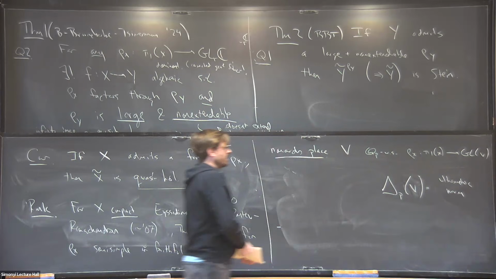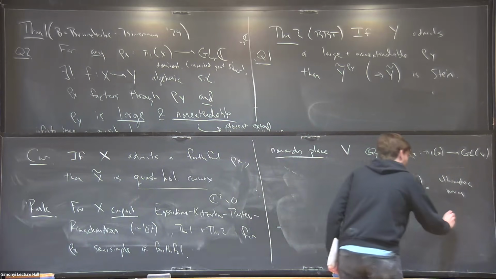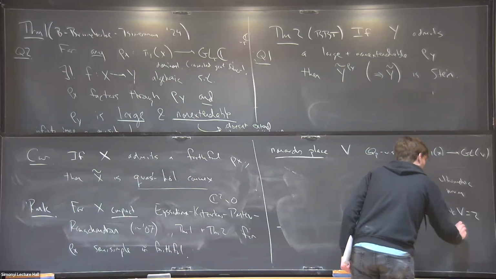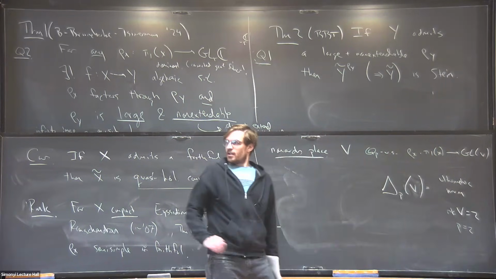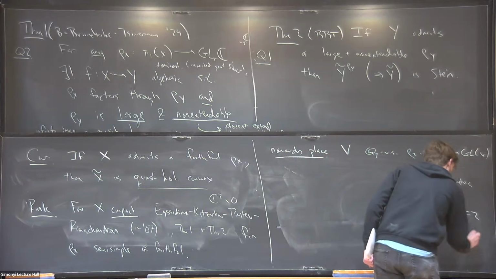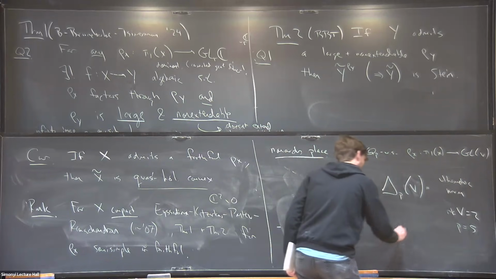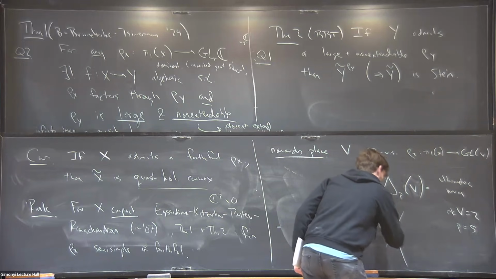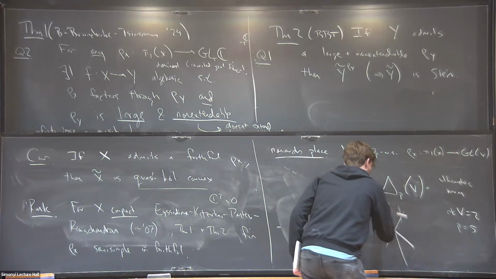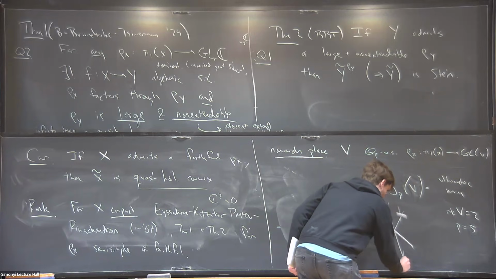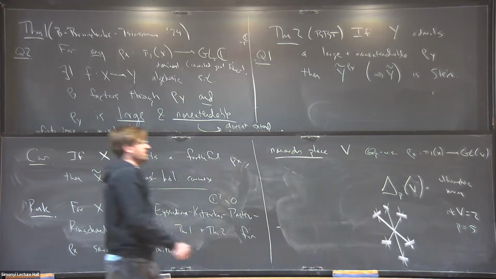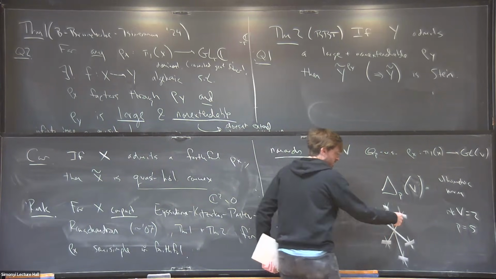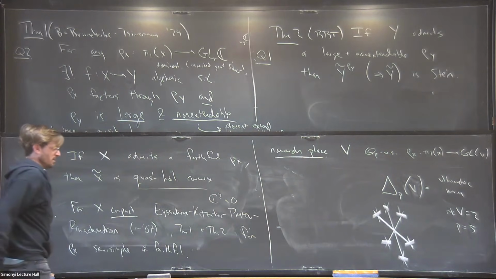And what does this space look like? Let me concretely tell you what it is for the rank of V equal to 2. Usually I draw the picture for p equals 2, but given the recent weather, I'm going to draw it for p equals 5. And it looks like this. So it's a Bruhat-Tits building, so it has this local Euclidean structure, except there are some singularities where different Euclidean pieces come together.